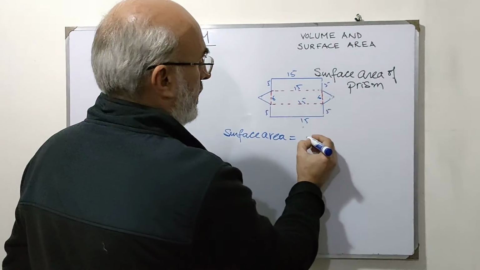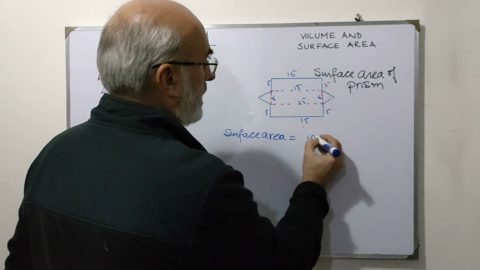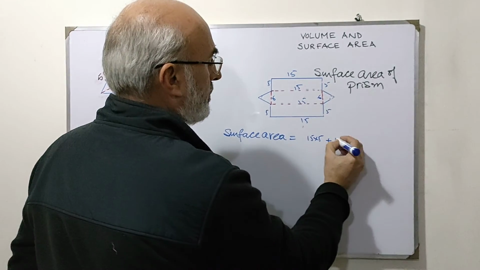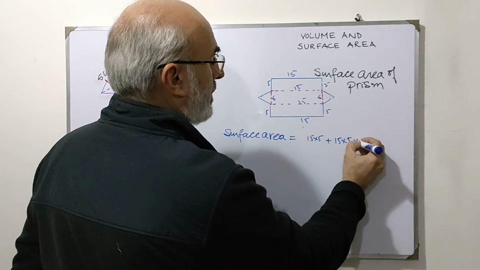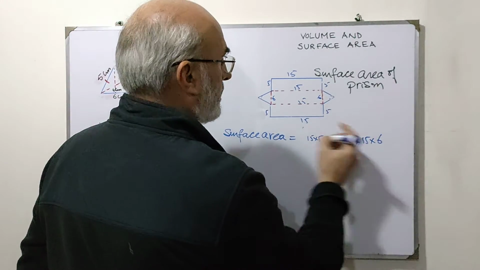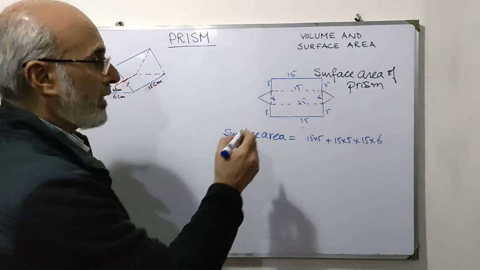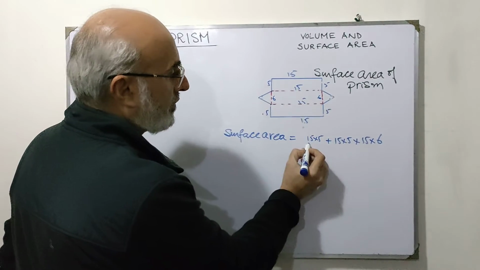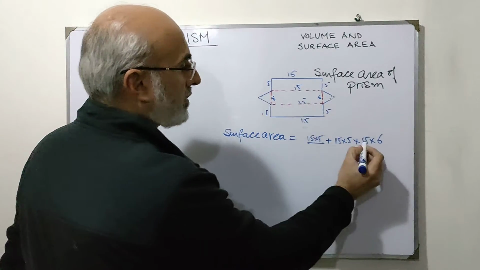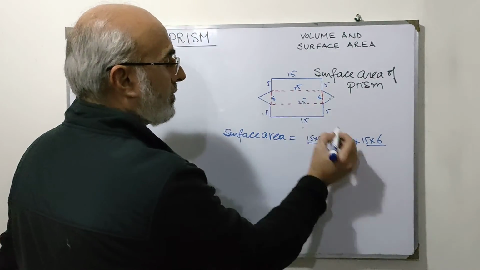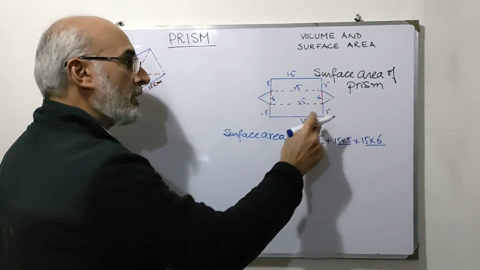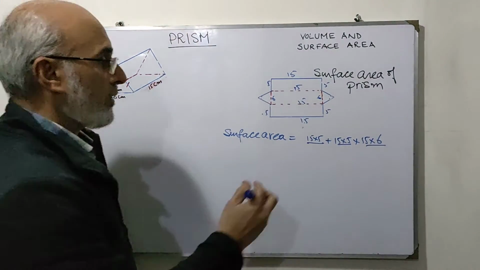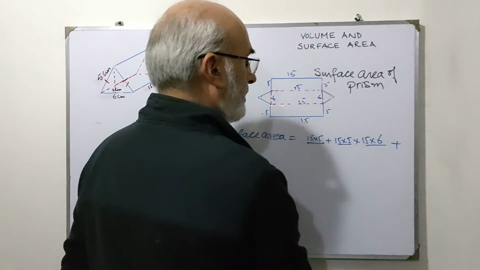So what I am going to do is 15 into 5 plus 15 into 5 plus 15 into 6, right? So all the rectangles are covered. 15 into 5, this. 15 into 6, this. 15 into 5, this. I have covered all the 3 rectangles. Now, plus